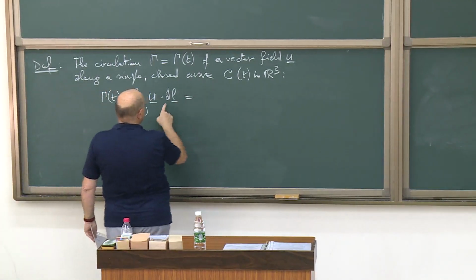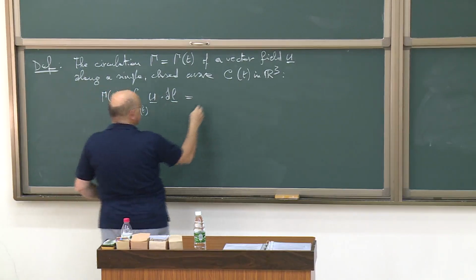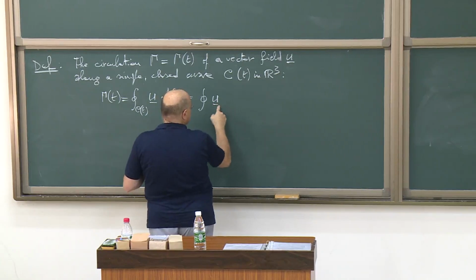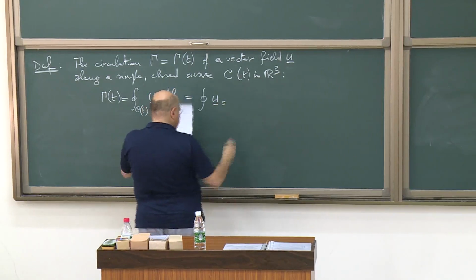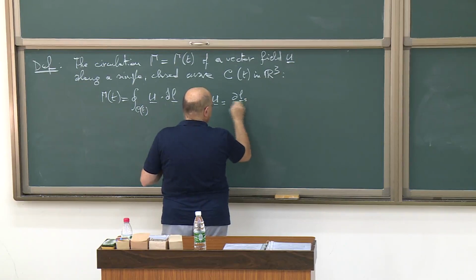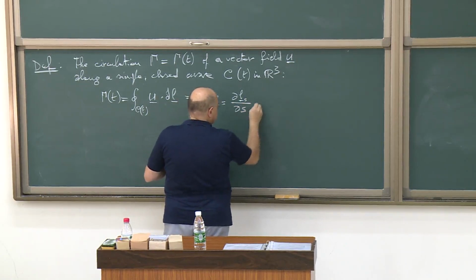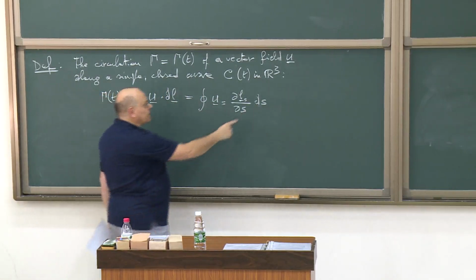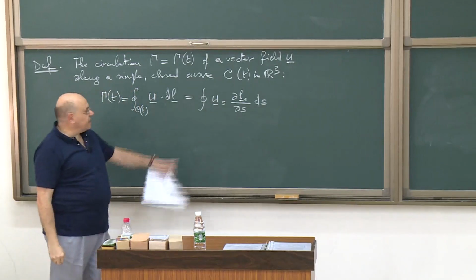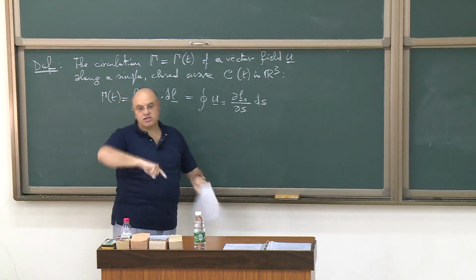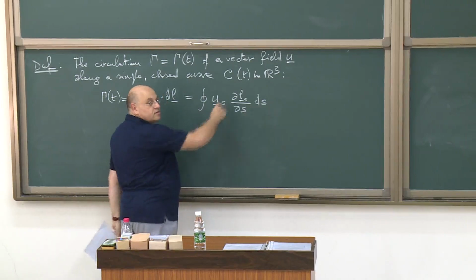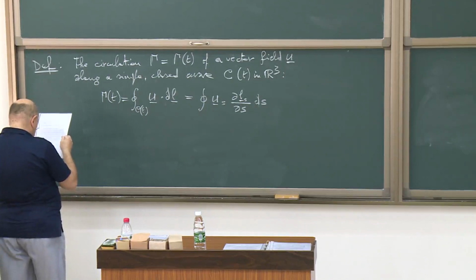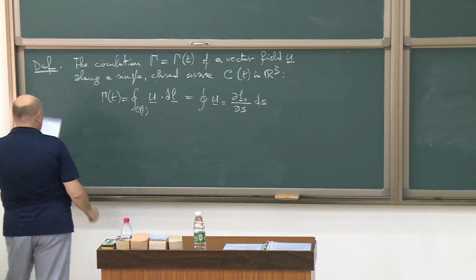Okay, so we can think of a parameter on this curve and consider this as the integral of u in terms of this parameter s, let's say arc length, dl with respect to s, ds. Okay, so this is arc length, if you like. If it is arc length, there is no need to specify the domain of integration because it's a closed curve. So we go from any point to any other point in order to close the integral. Okay, so we have the following theorem.